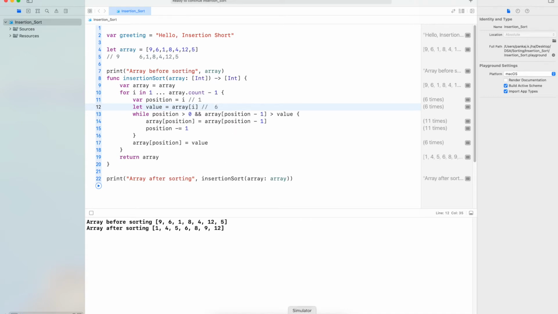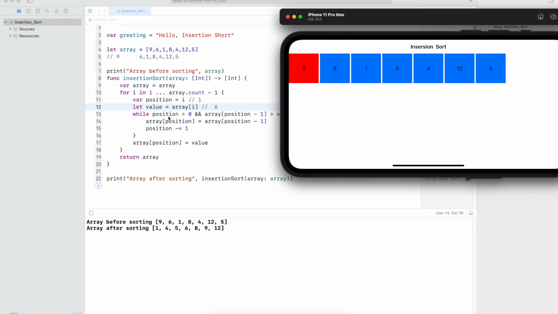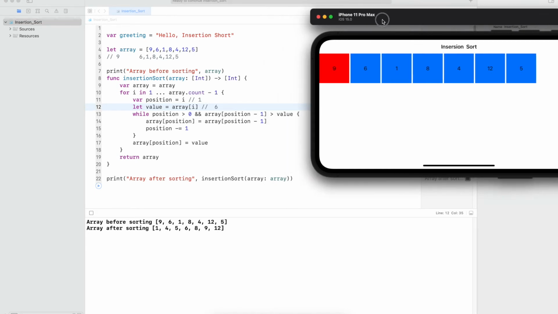Now we are checking position is greater than 0, yes, position is 1, and array of position minus 1, which is 9, is greater than value 6. Yes, it is. Then array of position equals array of position minus 1. So we are shifting 9 and we are creating the hole.